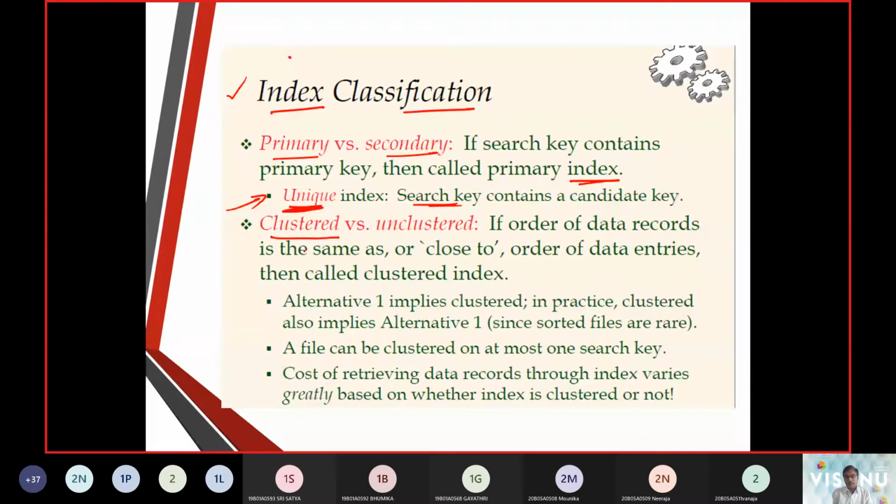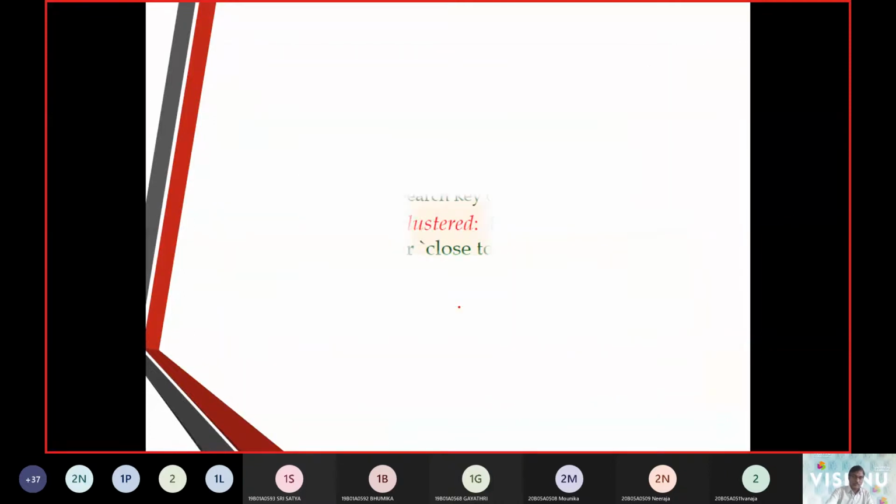So that was the first implication we mention with clustered index. If the order of data records is the same or close to each other, then we call that a cluster index.